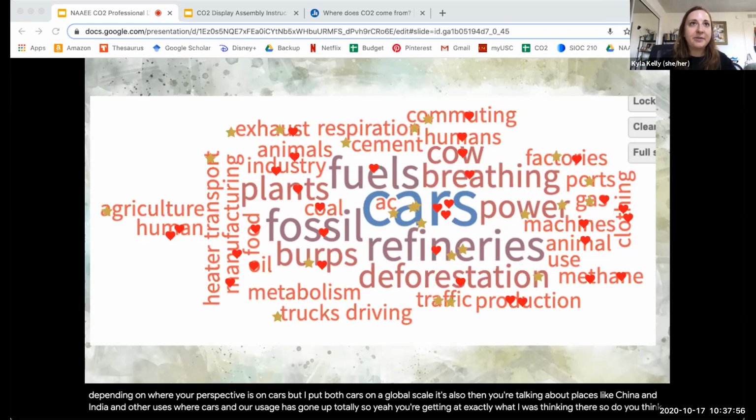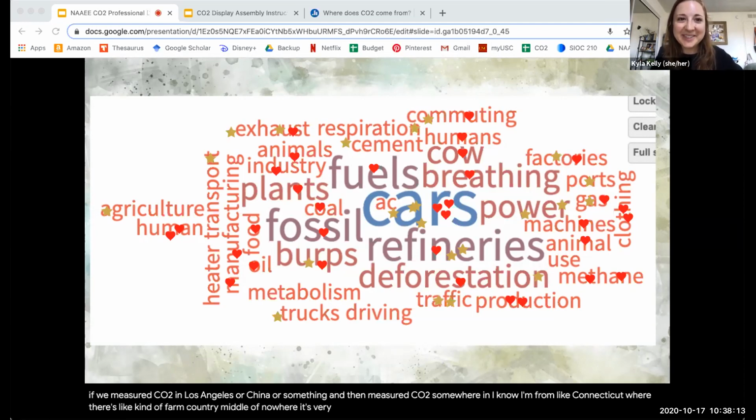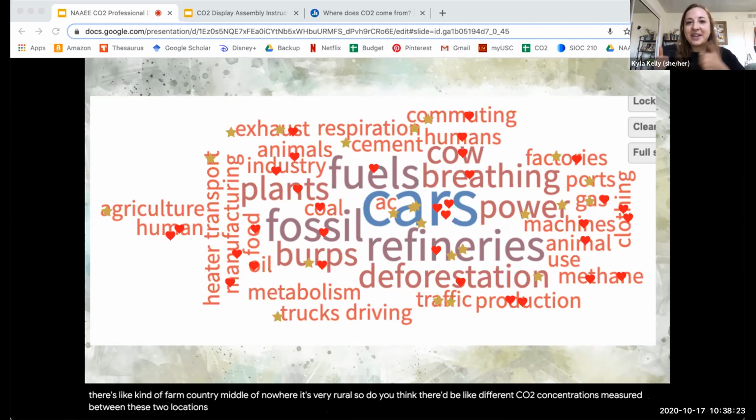So do you think if we measured CO2 in Los Angeles or China or something, and then measured CO2 somewhere in, I don't know, I'm from Connecticut, where there's kind of farm country, middle of nowhere, it's very rural. So do you think there'd be different CO2 concentrations measured between these two locations? Yeah, some thumbs up for yes. Because